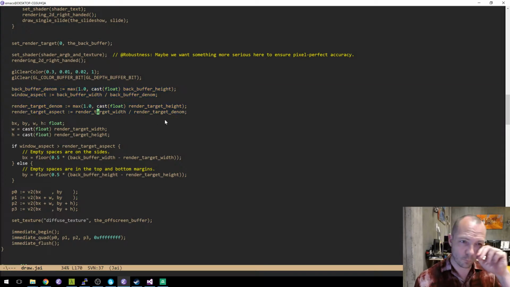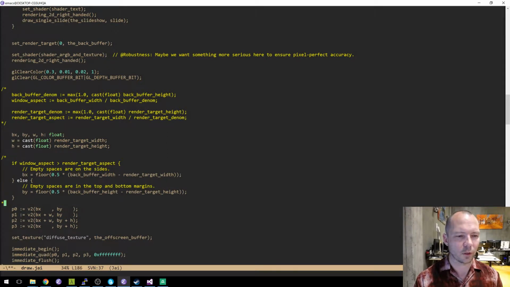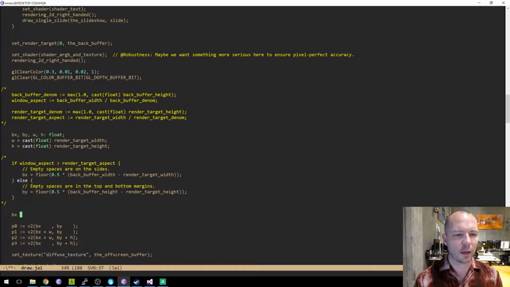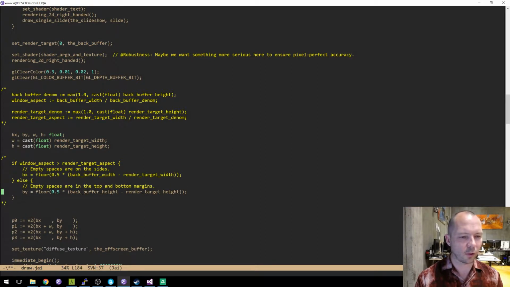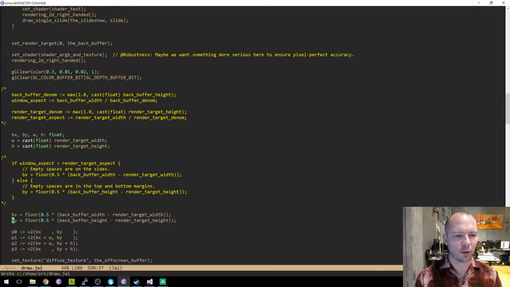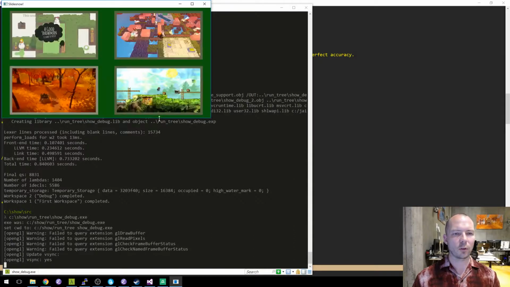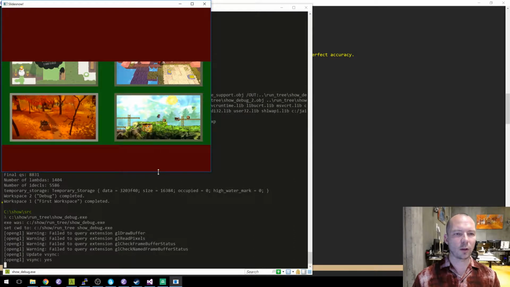We don't need it now, because now we're just going to say, look, whatever size the off-screen buffer is, we're going to do the following. We're going to say Bx, well, we're just going to say this. This is always true for both these variables. We're just going to put it in the middle of the window at all times. Okay, so that's correct there.